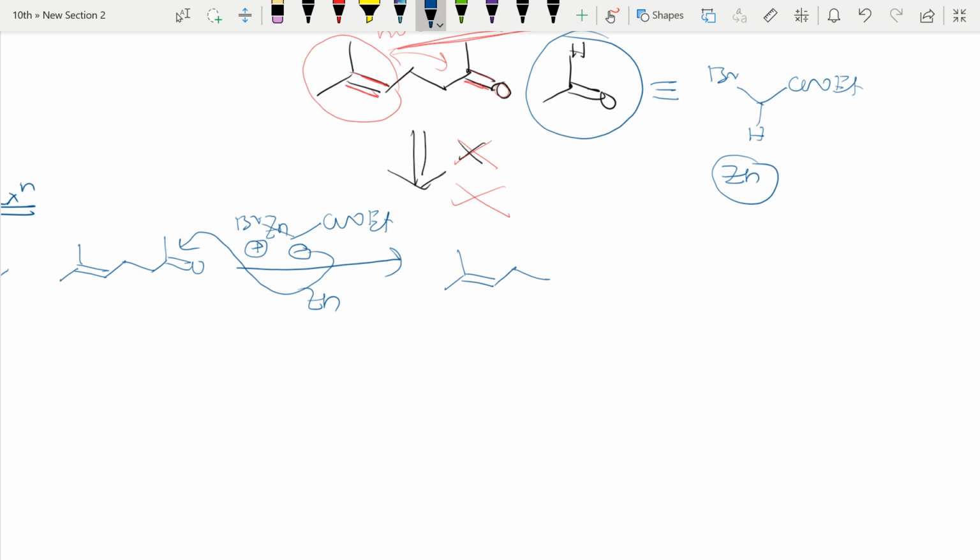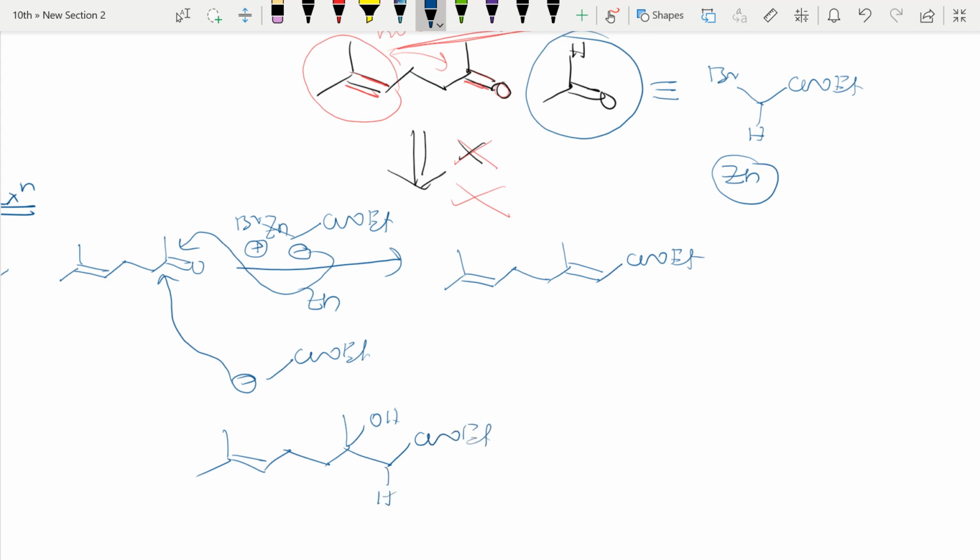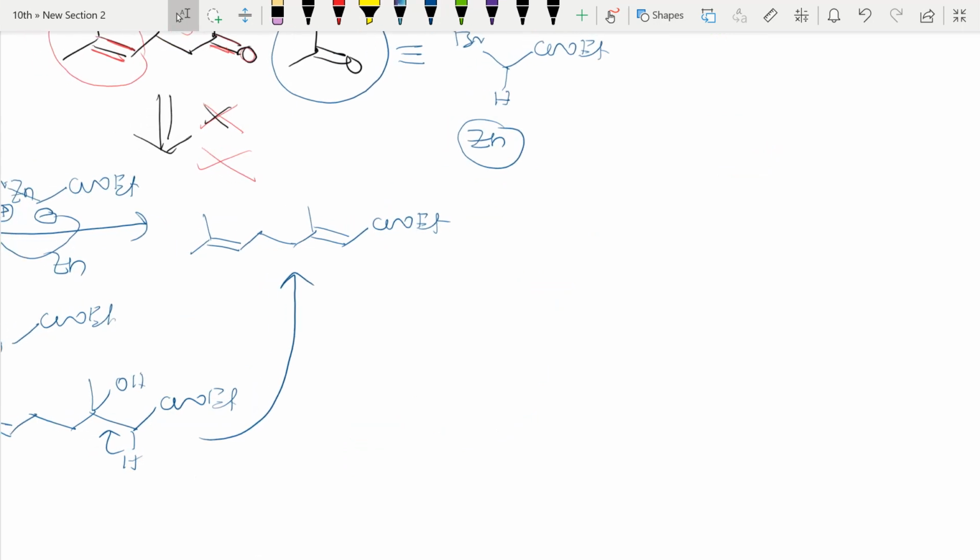Reaction I am doing, right? CH3. So double bond COOEt. I hope you got how I got it, right? So simply here let me write COOEt minus. So what happens? It will react here. This negative charge comes. Let me write one step here. No problem, I hope you will get it. So what happens? OH will be here. So CH2COOEt will be there. Further, here one hydrogen and this OH elimination takes place, E1cB, and I will get this product. I hope you got it, right? So this is the simple reaction. Further what I will do, just I will add one reducing agent, DIBAL.